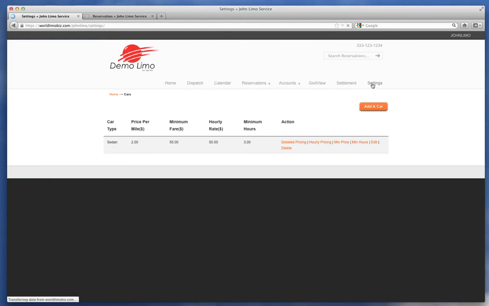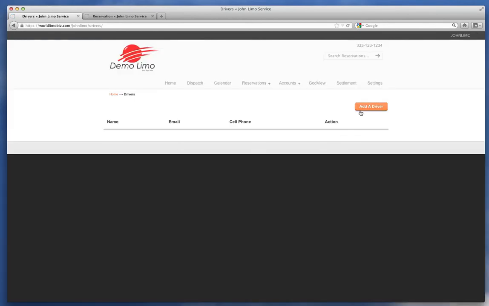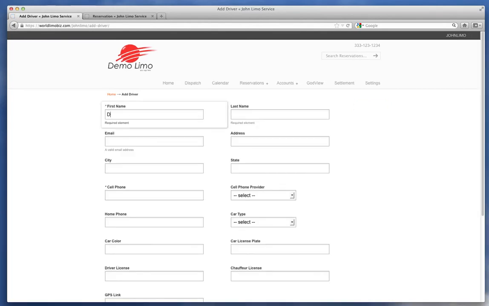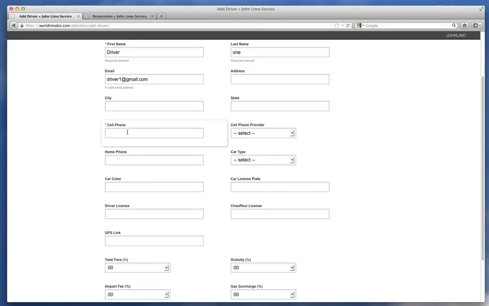We're going to set up a driver. Let's say driver. We're going to add a driver. Okay. First time we're going to call him driver 1. Email driver 1 at Gmail. Address, we don't need that for this example, but it's good to fill it out yourself. This is very important. Email and cell phone are very important,